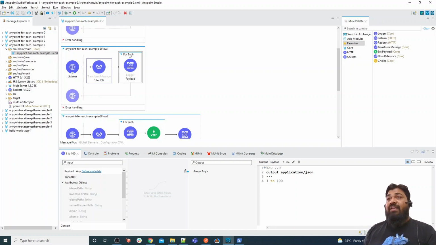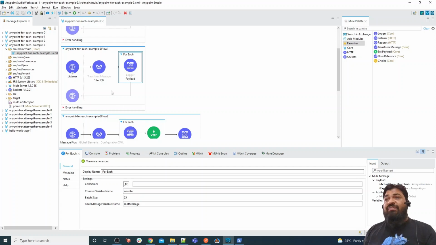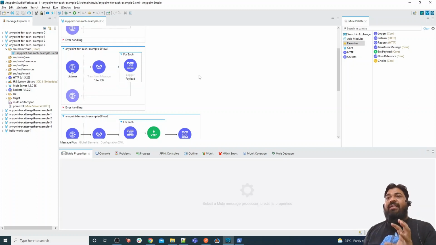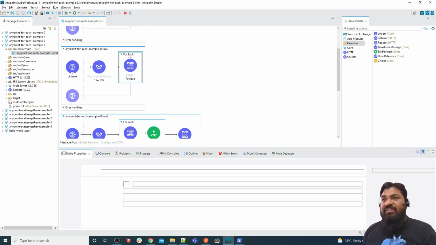If we give a batch size of 25, it means records 1 to 25 are processed in one batch, 26 to 50 in another, 51 to 75 in a third, and 76 to 100 in a fourth. This time our for each will not execute 100 times sequentially, it will execute 4 times, creating 4 batches of 25 records each.